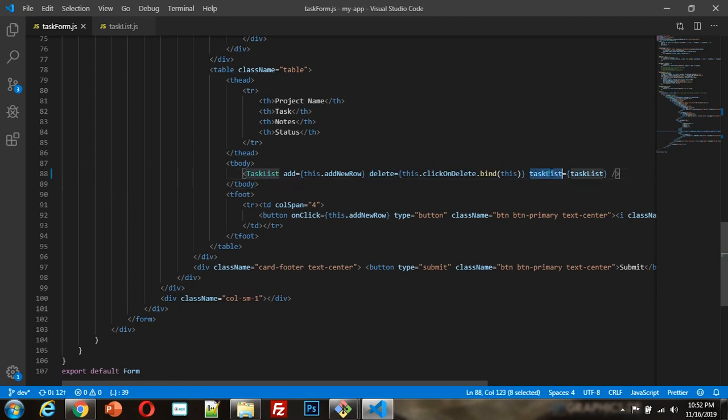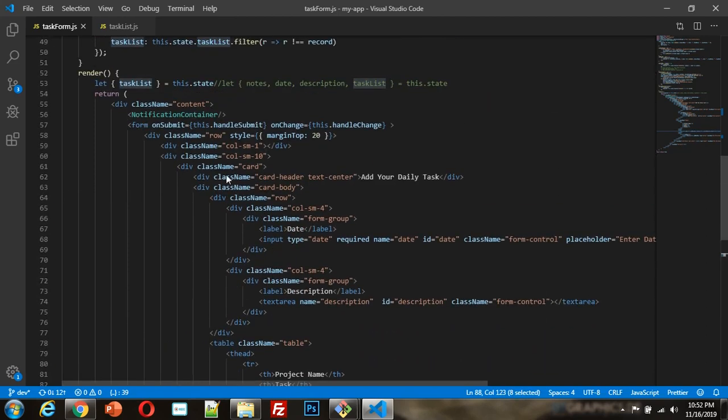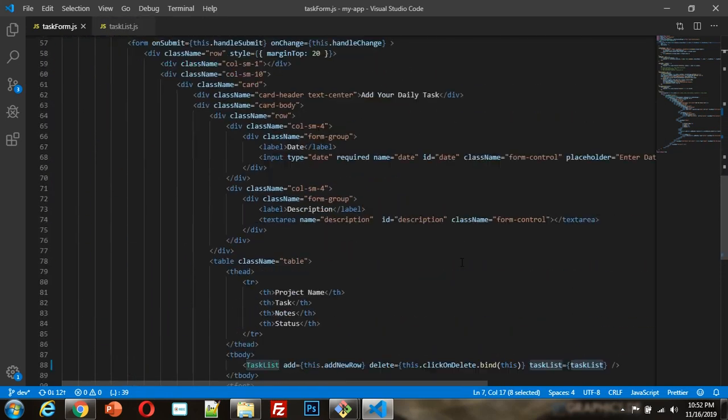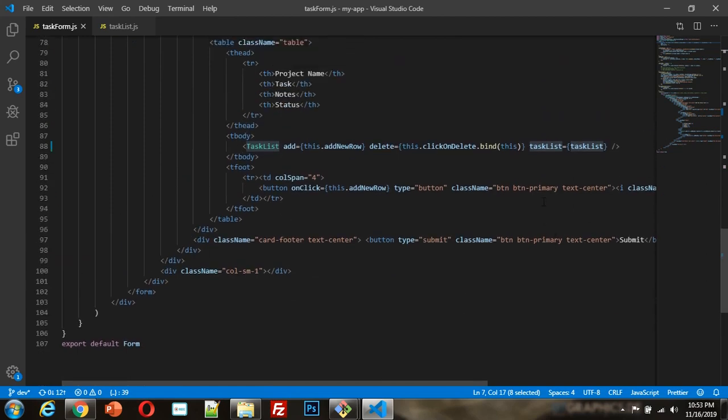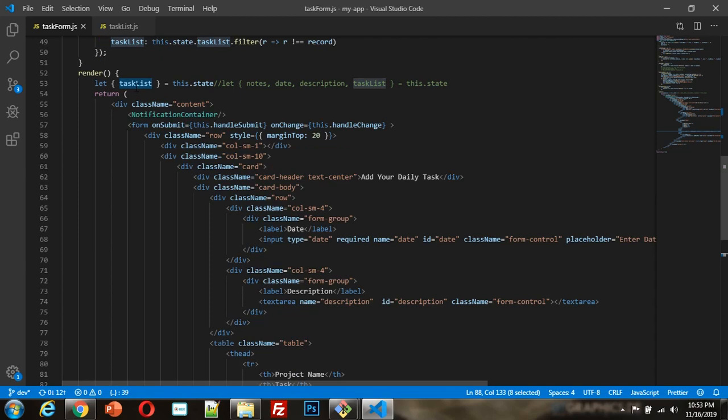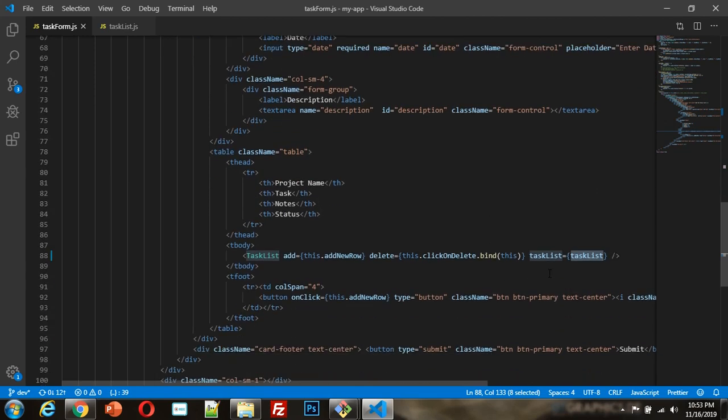And in task list I pass all the initial values, all the values which the task list holds. I just extracted the task list from this.state object and passed it to this component as props.